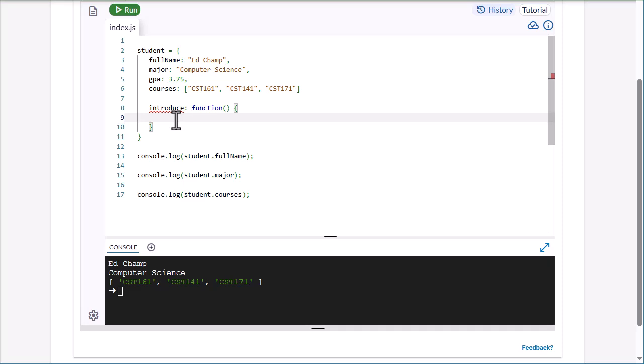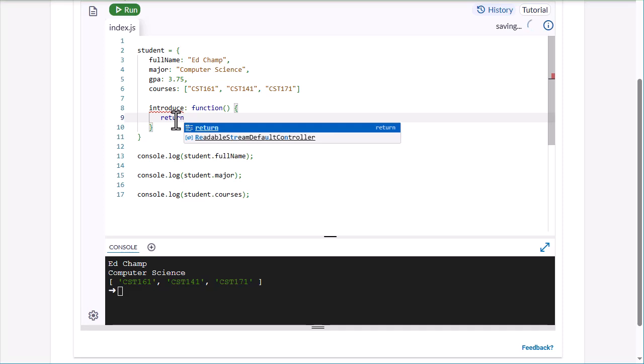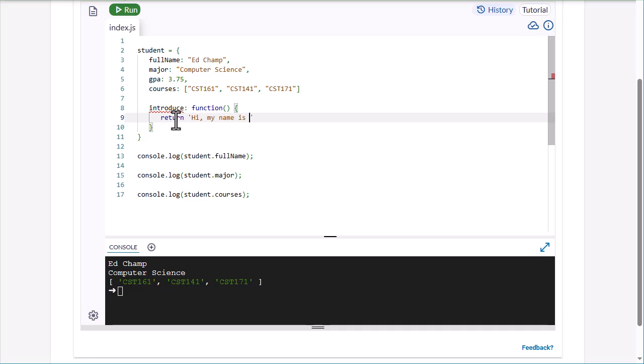Introduce function, and we will return, just do a simple return of "hi, my name is", and we're going to give it the name. So we're going to do the bracket this dot full name, so we can access the variable inside the object. So we use the this modifier,